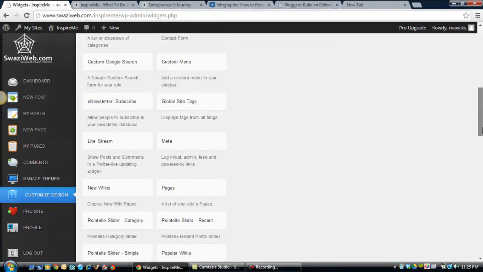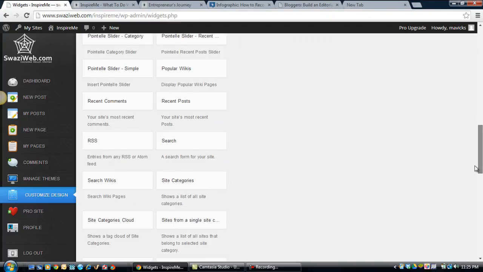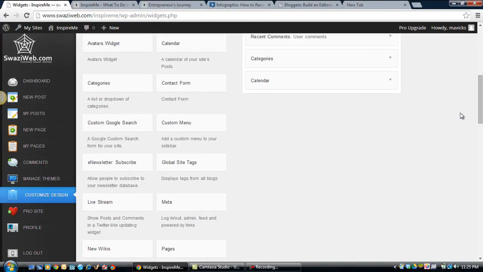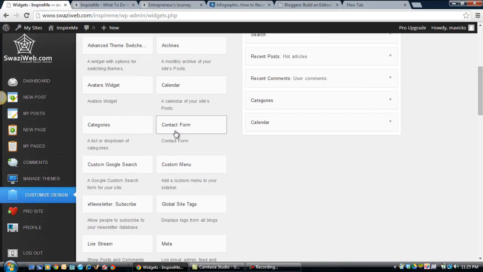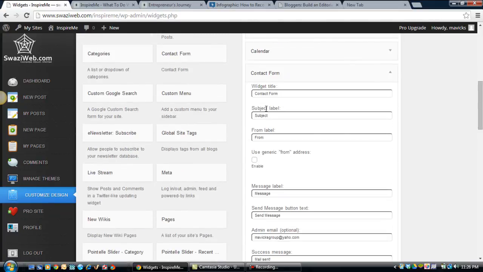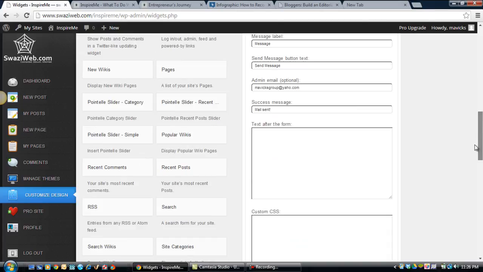In fact, before I end, I want to show you how you can even put a contact form. I think I saw a contact form here. Yes, here is the contact form. So it's another way. Instead of just clicking here, all I can do is just click it and drag it like that. It's another way to put it in. So there's the contact form sitting there, and then I put in whatever I want: title, contact form, subject, from. So this, I would just leave as is, and then